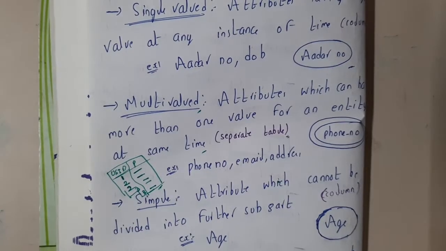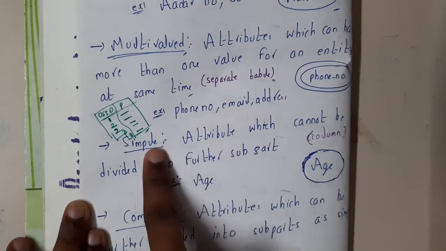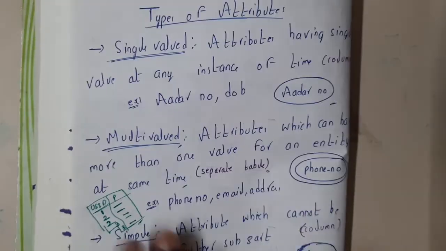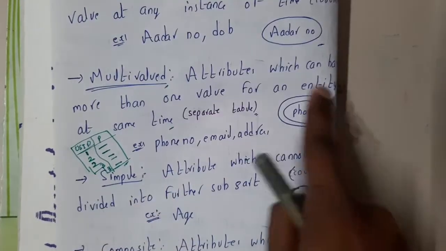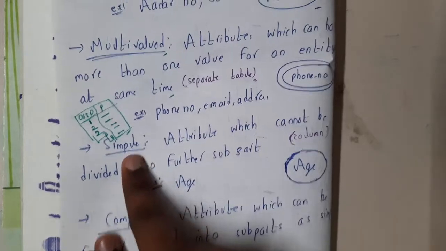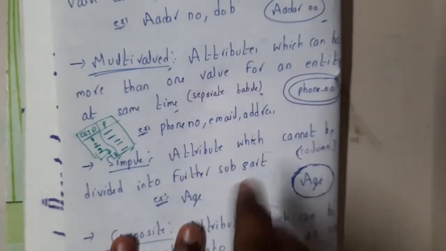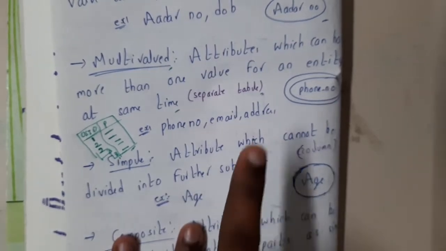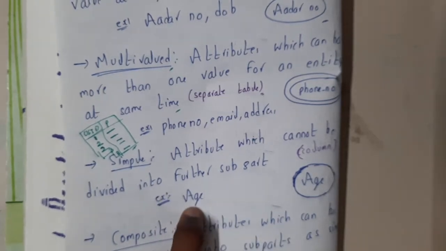Okay. So moving on, the next type is simple attributes. Simple attributes are nothing but attributes which cannot be divided further. So I think everyone is observing the diagram, right? Yes. So single oval means single valued, double oval means multi-valued. Simple or single valued, both are the same, guys, in simple words. So simple means attributes which cannot be divided further. You will understand exactly what that means, don't worry. Like age, guys. So when it comes to age, is it going to divide into anything further?